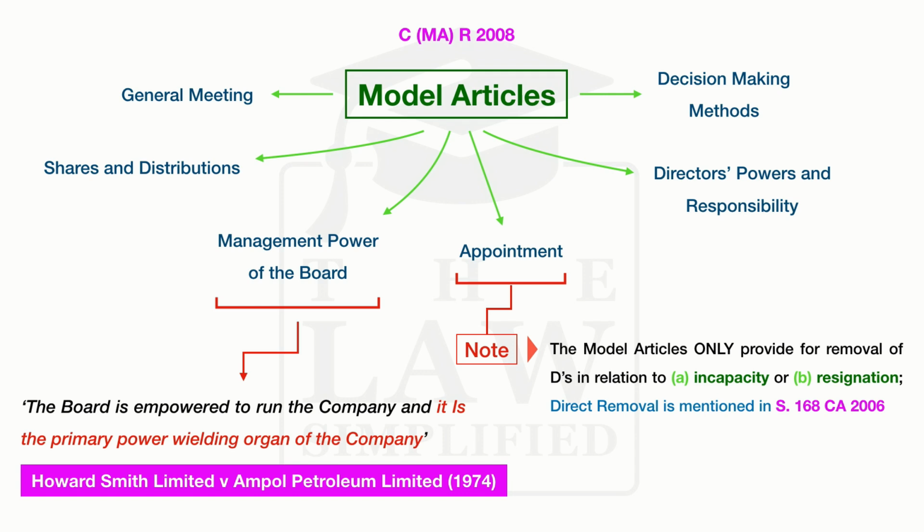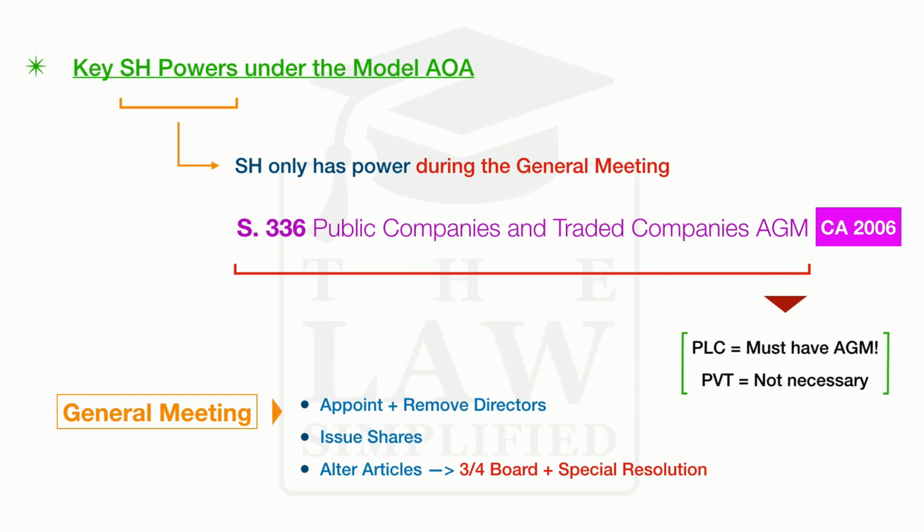Now, having said that, the fundamental powers that a shareholder or a member has, as opposed to what the directors have in terms of running the company, can be set out and activated during a general meeting. And this is quite important to understand because the powers of the shareholder are only activated during a general meeting. We see this as outlined in Section 336 of the Public Companies and Traded Companies AGM provision within the Companies